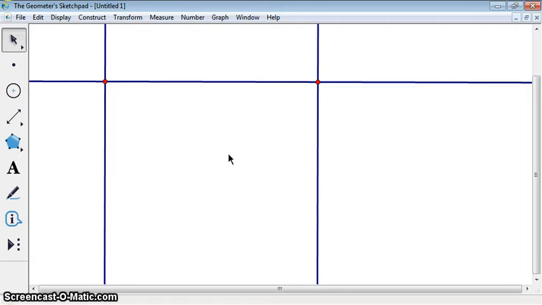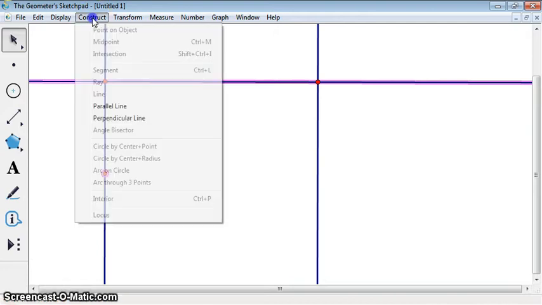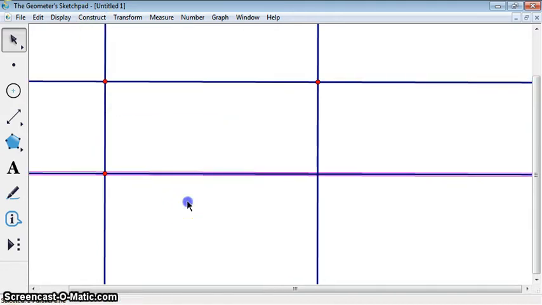To complete the rectangle, we will create our last line, which should be parallel to the first. To do that, we have to use our point tool, and we have to place the point a couple inches lower than the farthest left point on the perpendicular line, the first one that we had made. Use your arrow tool so that you can select the first line we made, the horizontally oriented line, and the point we just made should also be highlighted. Construct a parallel line. So we've just constructed two parallel lines, creating an enclosed space,